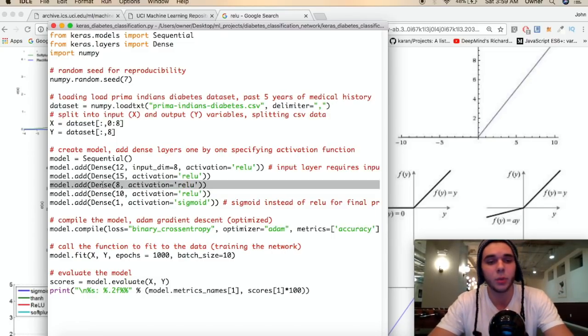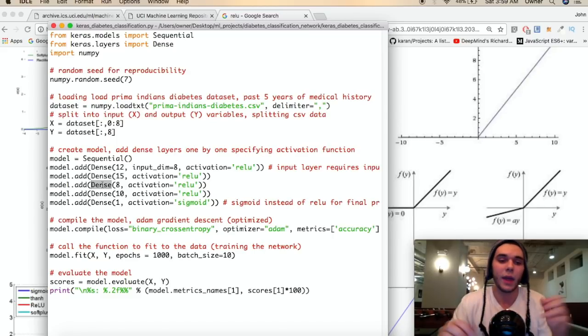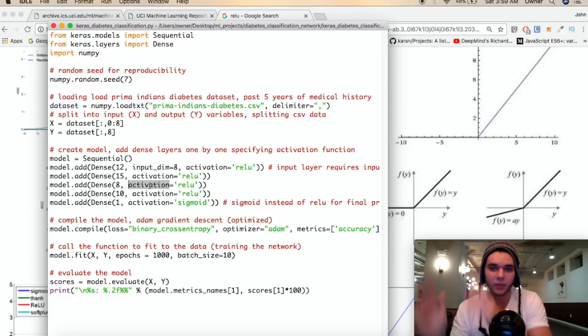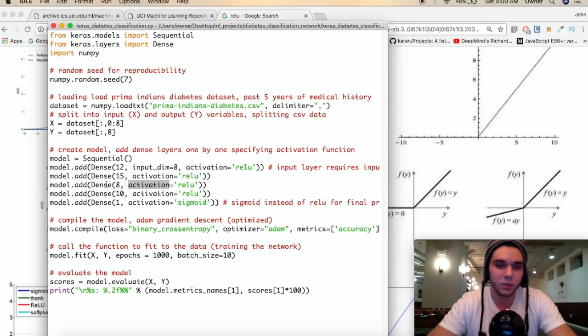Okay, so next up here, we have a densely connected layer with 8 neurons and another ReLU activation function. So again, you can just imagine these layers lined up here, right? Each layer is receiving input, performing the complex operations, squishing the value down using the activation function, and then passing that value into the next layer. Okay, and then again the same exact thing. It takes the value that is received, performs the complex operations, squishes it down, passes it on. Then we have another layer, 10 neurons, densely connected,